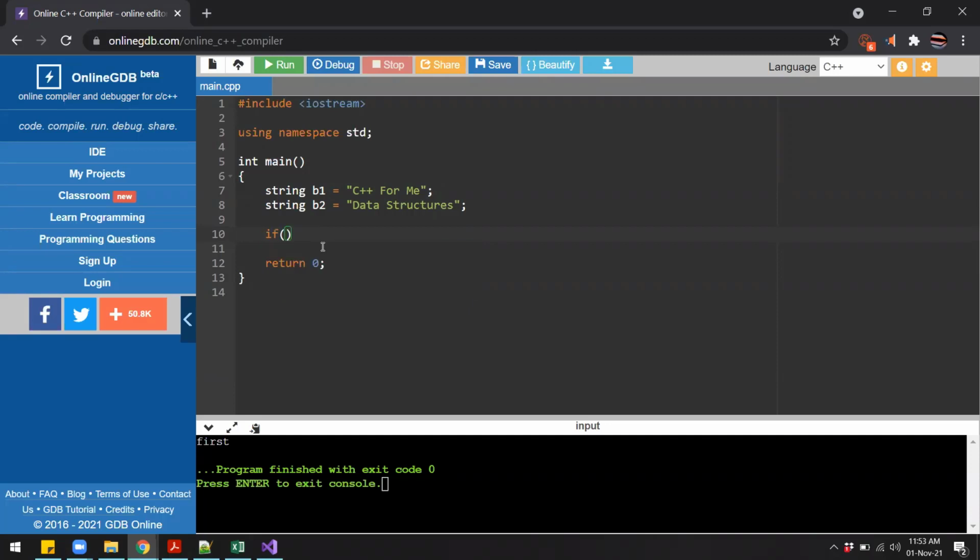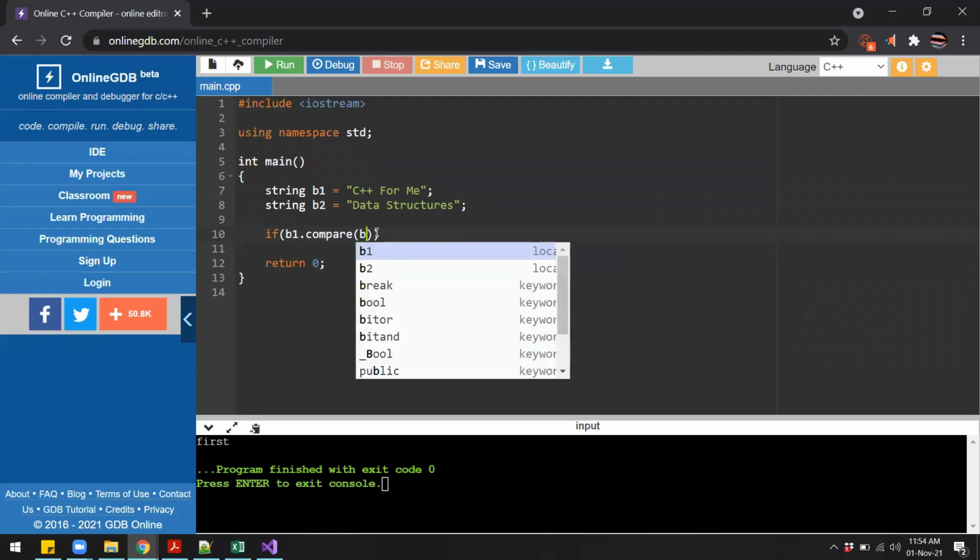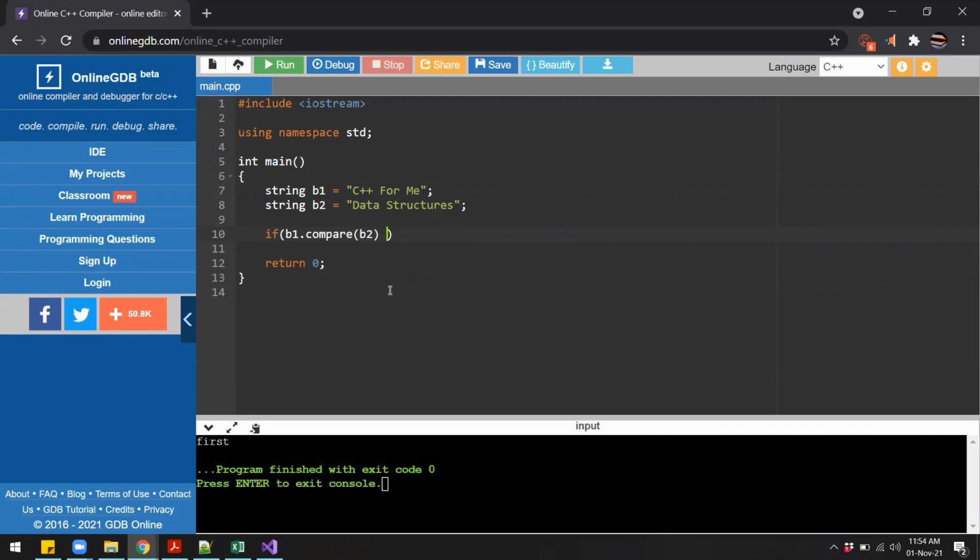Now I'll write some condition over here. I will say B1 dot compare. So to use this function, you will first write the name of the first string, in this case it is B1, and then in the parenthesis as a parameter, you will pass the second string, which is B2. Now if B1 is less than B2, then this particular function will return a number less than 0.